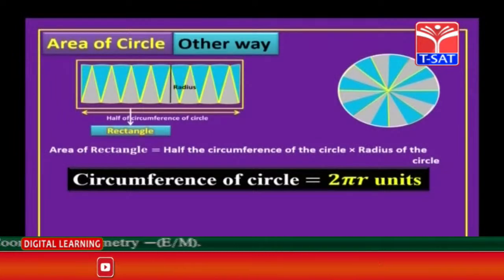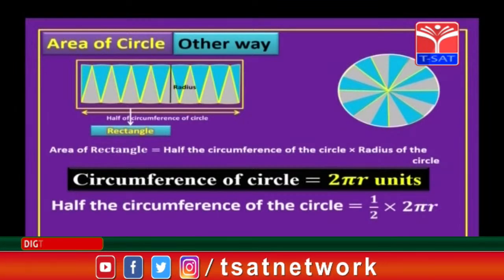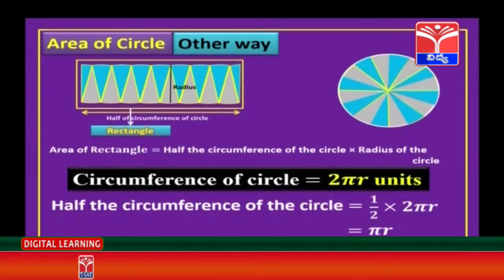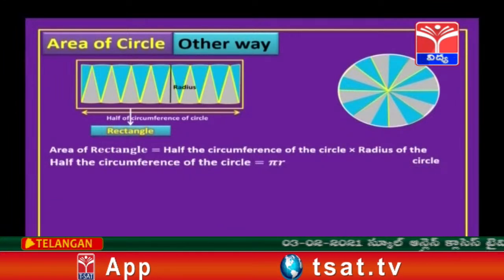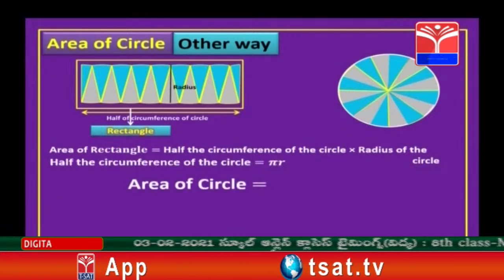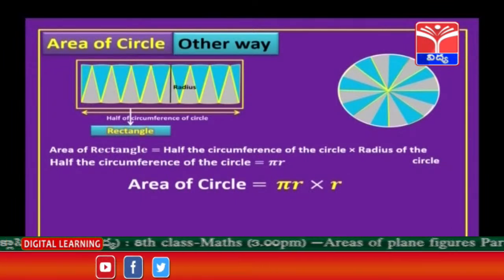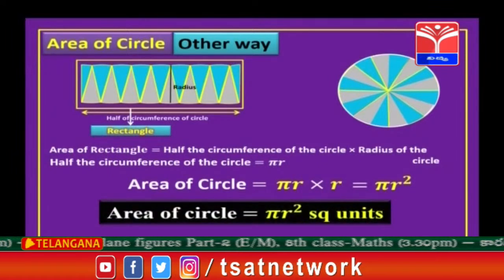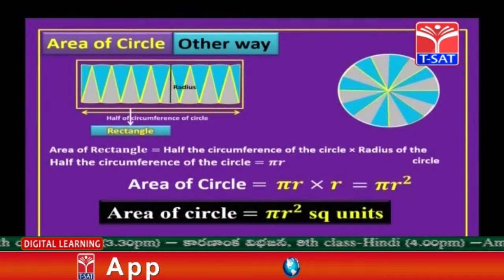And radius is r. Now let us substitute that, children. So we get half of the circumference as half into 2 pi r, and 2 will get cancelled. We get half the circumference of circle as pi r units. So now area of circle will be pi r into r. So r into r gives what, children? Yes, r square. So area of the circle is equal to pi r square units, where r is the radius